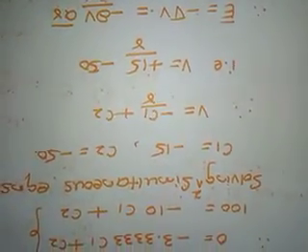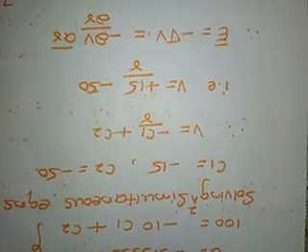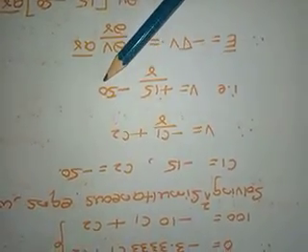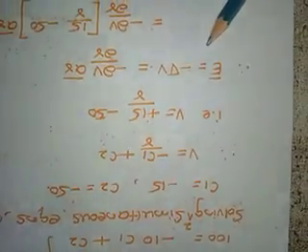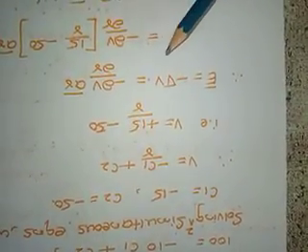Therefore V is equal to minus c1 by r plus c2. This is our equation for V. Substitute the values of c1 and c2. We get V is equal to plus 15 by r minus 50. Therefore E bar is equal to minus del V. This is our third step. Find the value of E. E is equal to minus del V.